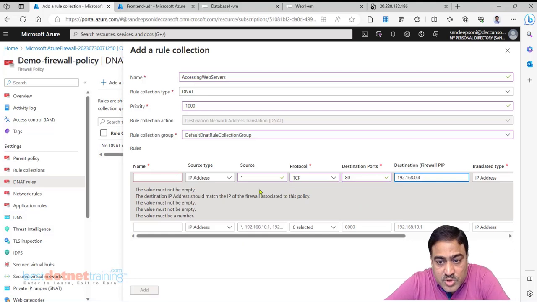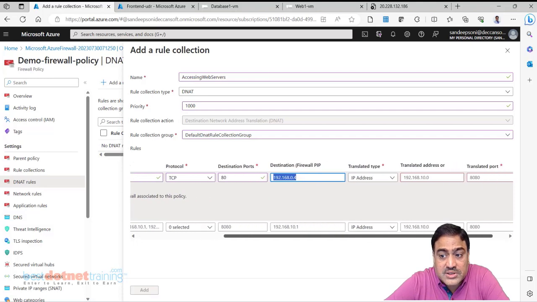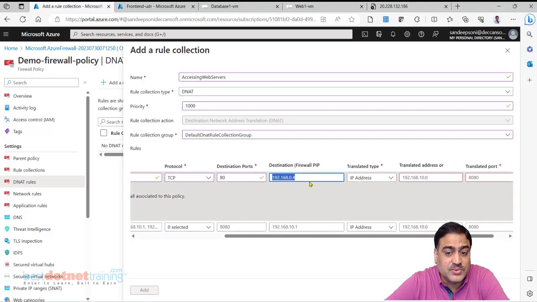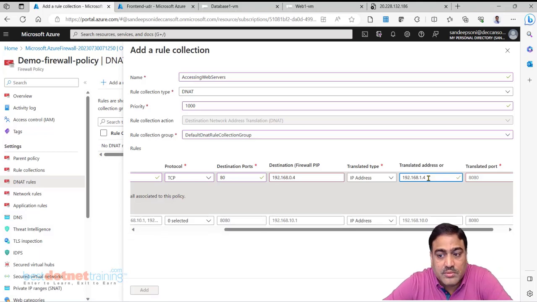Now, if a request goes from a source on this port of this IP, which is firewall IP, to which machine should I send the request to? Translated address. I want to send the request to 192.168.0.1.4, the web1 VM IP this is.